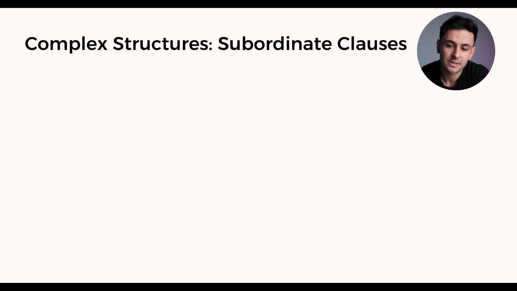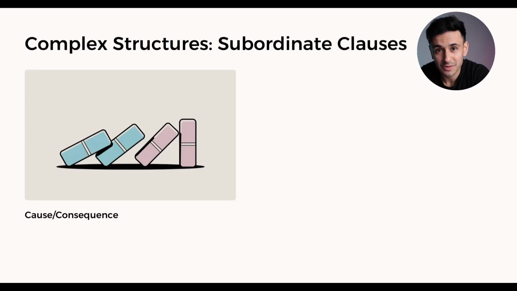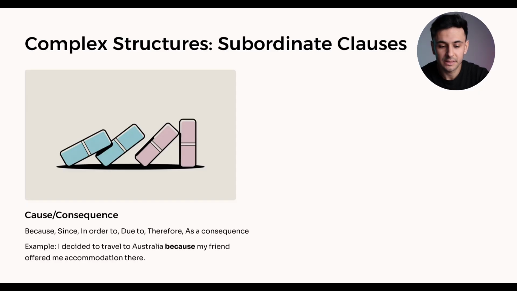And the next one is subordinate clauses in complex structures. The first one is cause and consequence. I think we are all familiar with this. You could use because, since, in order, due to, therefore, as a consequence. So an example here is, I decided to travel to Australia because my friend offered me accommodation there. And one thing that I need to emphasize, and you're also going to find it detailed in the IELTS Speaking Secrets ebook, is the thing that you should keep in mind is that